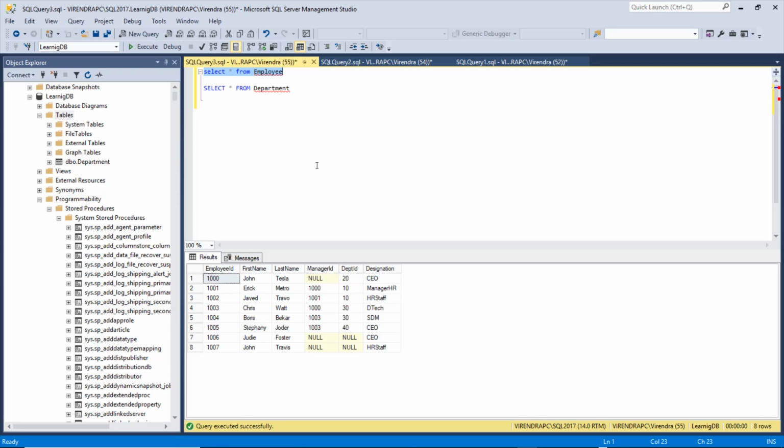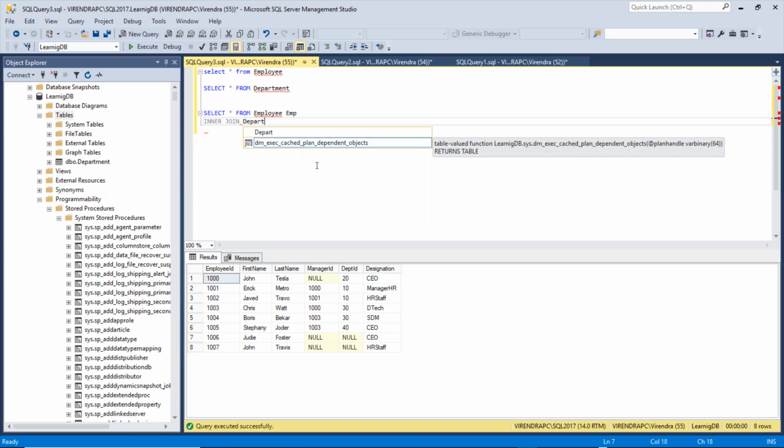So now if you see here, I just have a department ID. So the basic thing you need to use here is an inner join. So I'm going to do select, right now, let's say star from employee, and you can give an alias called, let's say EMP, and I'm going to do inner join with, of course, the department table,